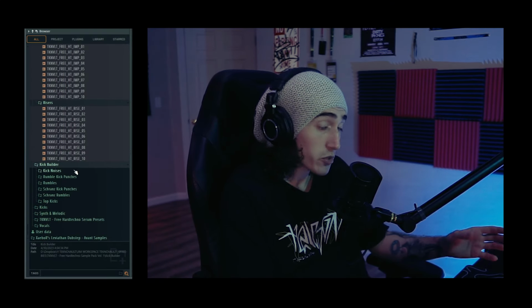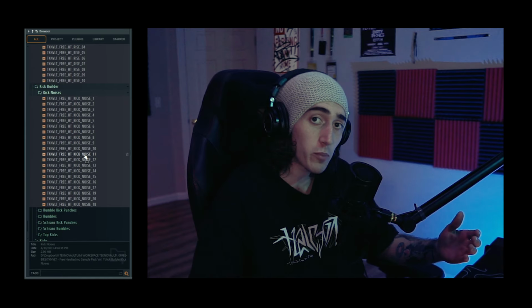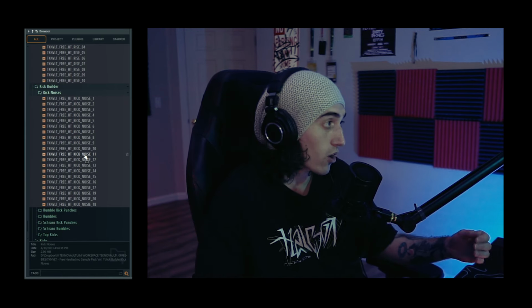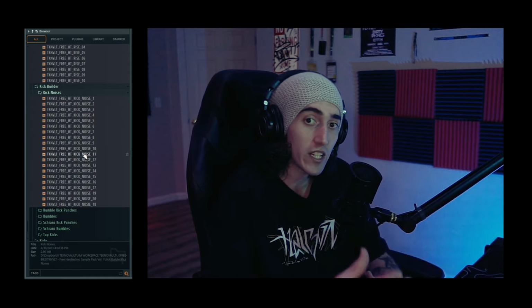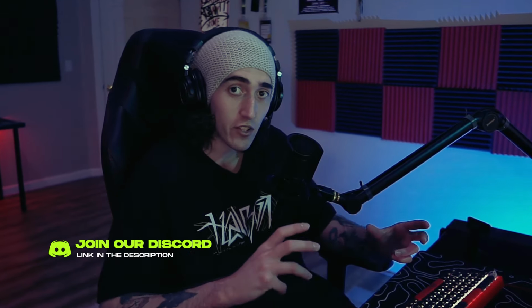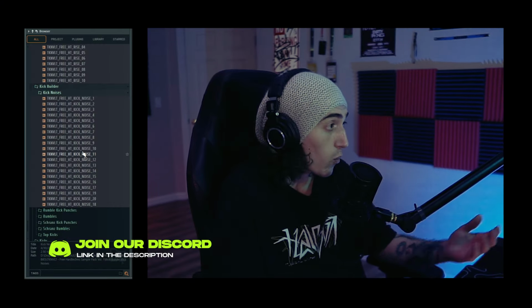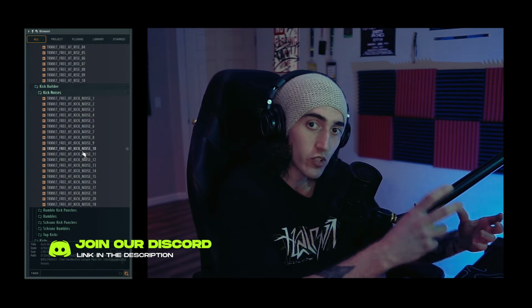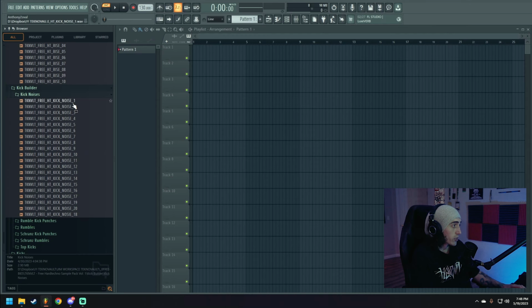Then we have the kick builder, which I'm really, really excited to talk about. It's really cool because you have every different layer of a really powerful hard techno kick to build your own unique kicks. This way it's saving you a ton of time because you don't have to tediously sound design and process everything from scratch, while you can still retain the ability to have really unique kicks that not everybody is going to be able to use from a sample pack. Those come with the kick noises,